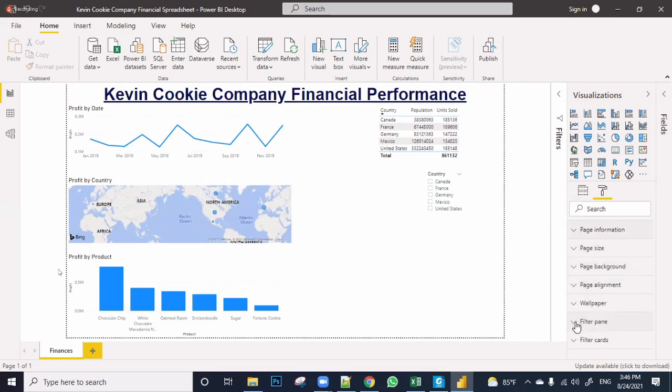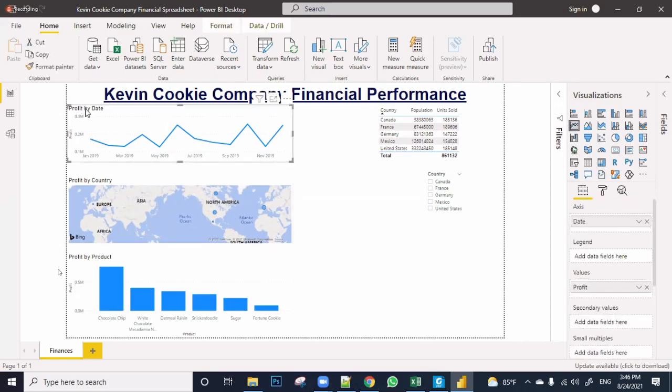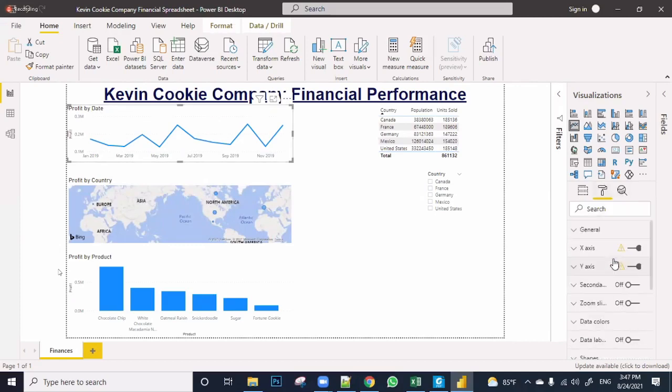But then filter panes, you can change things. What else? Text size, you can increase the text sizes by clicking here. Then if you want to increase the header size, you can click here and header, like if you want to change the header size of this one, you click it and go for the